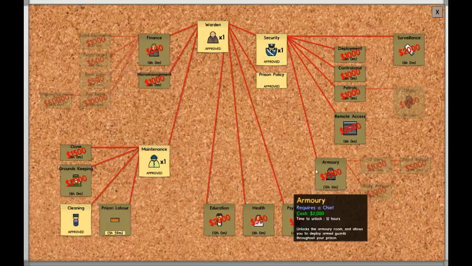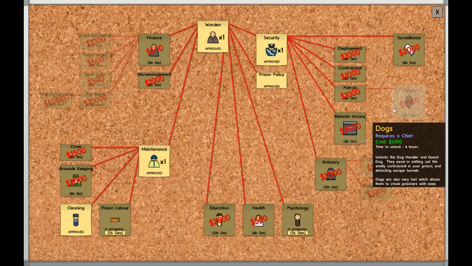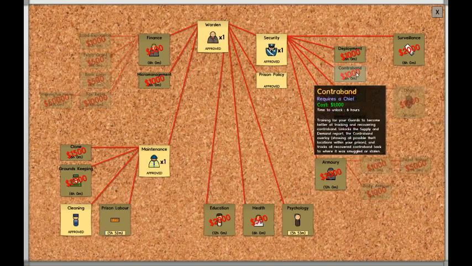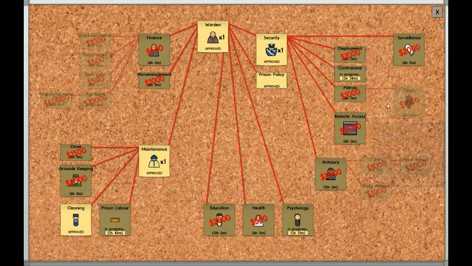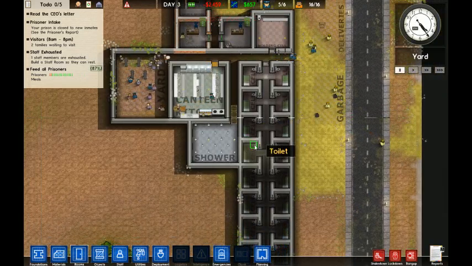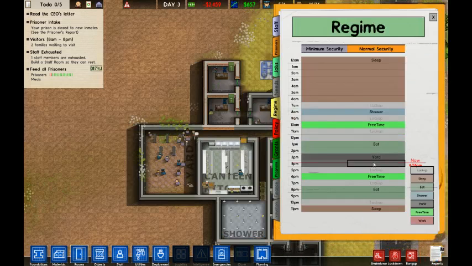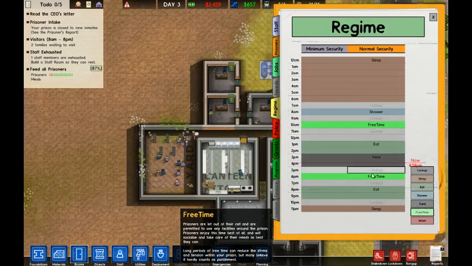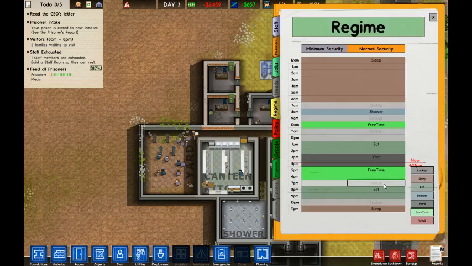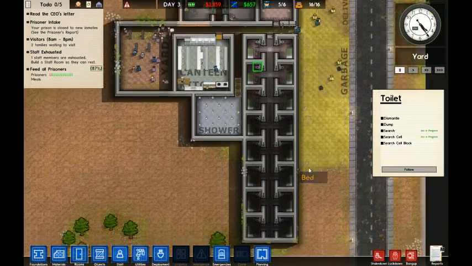We'll put in prison labor, and then we'll get into psychology so we can see their needs. Next part of this is going to be contraband, so that our guards are a bit better at finding the different contraband. Now, another good thing, while they're in their yard, we're going to go over to their regime. Since it's going to be lockup, we'll actually just give them another hour of free time, let them think that things are good. You can actually click on a toilet or a bed, and then if you click search cell block,